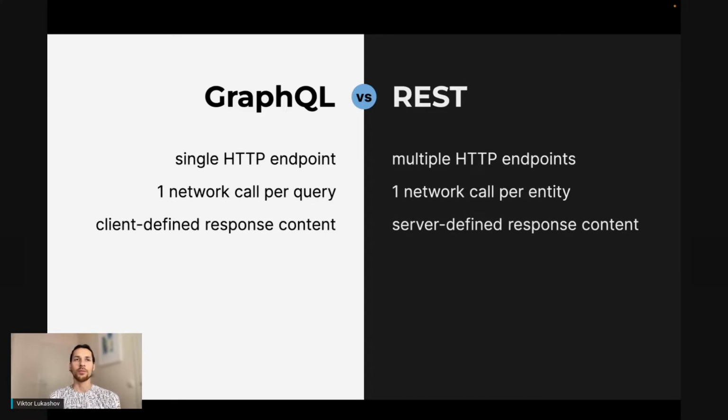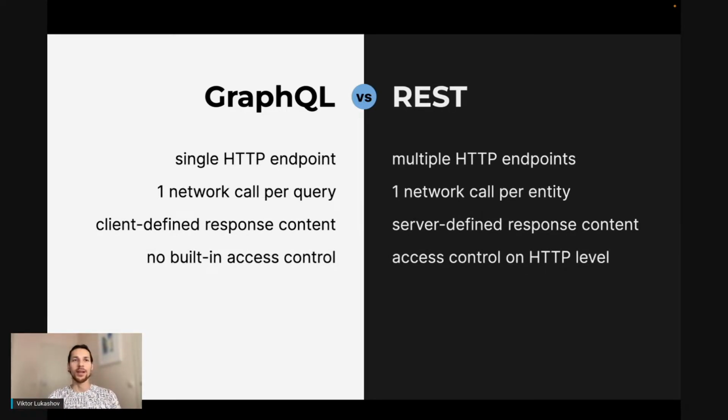The structure of the response with REST is always defined by the developer of the REST API, and it is typically fixed. Every single client would get the same structure of response from the same endpoint. With GraphQL, there is one endpoint, but the response would be different because every request is very explicit. Every request contains the exact description of what data, what subgraph of data you want to get. And it is unique per request.